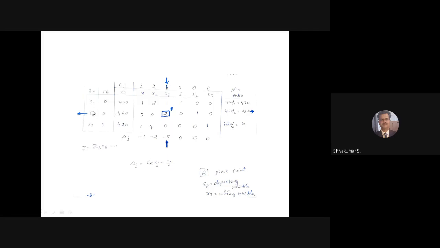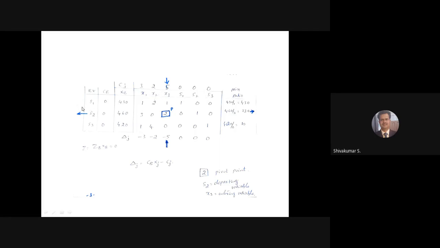Okay, remember with this table you got, right? You have taken this -5 based upon delta j, that is CB into xj minus cj, that is 0 into 1, 0 into 3, 0 into 1 minus 3, 0 into 1, 0 into 2, 0 into 0 minus 5. Like that you got these values: minus 3, minus 2, minus 5. Now you have to make this the entering variable column, because the objective is to remove S1, S2, S3. So now X3 enters here.